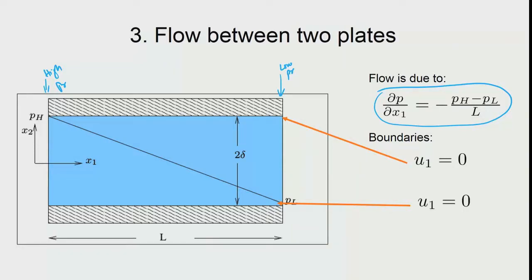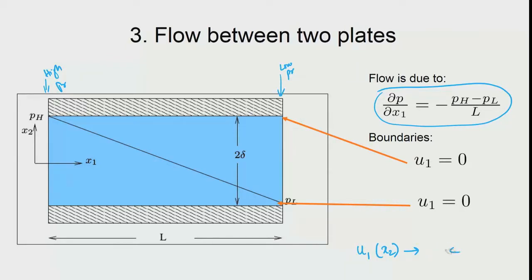You could see that the gradient is negative because the pressure is decreasing with increasing x1. That also means that when you apply higher pressure on the left hand side, the liquid should move to the right hand side, which means that u1 is in the +1 direction. That means the velocities are positive, and the y direction is x2. So, this is what we want to seek.